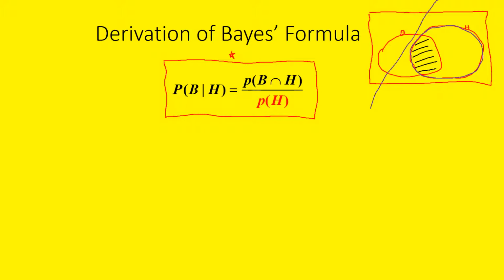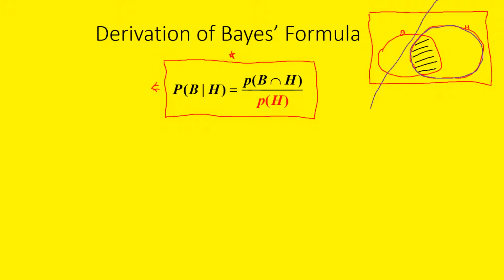That's B and H right there. And if you think of the probability represented by the ratio of the black area to the total area of H, it makes sense that that would represent the probability